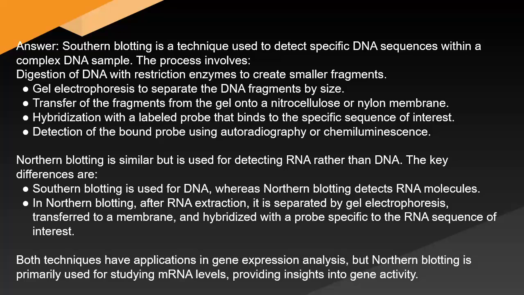or chemiluminescence. Northern blotting is similar but is used for detecting RNA rather than DNA. The key differences are Southern blotting is used for DNA, whereas Northern blotting detects RNA molecules. In Northern blotting, after RNA extraction, it is separated by gel electrophoresis, transferred to a membrane, and hybridized with a probe specific to the RNA sequence of interest. Both techniques have applications in gene expression analysis, but Northern blotting is primarily used for studying mRNA levels, providing insights